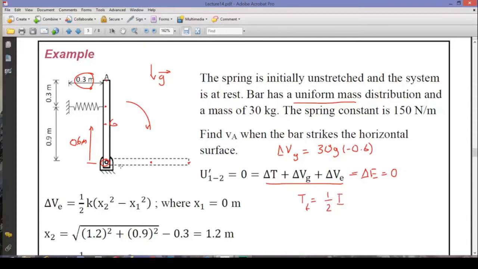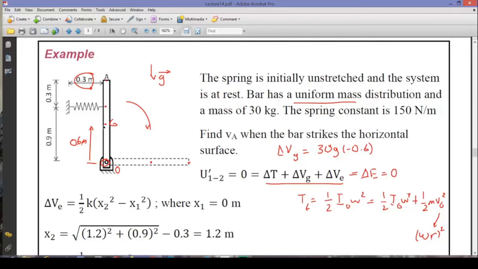if I say this point is O, by the way, IO omega squared. Or you could as well find it out as, if I say that this is G point, this is the mass center, 1 over 2 Ig omega squared plus 1 over 2 m Vg squared, and this Vg here is in fact calculated as omega r. Okay, this is (omega r) squared. Whichever way you want to use it,